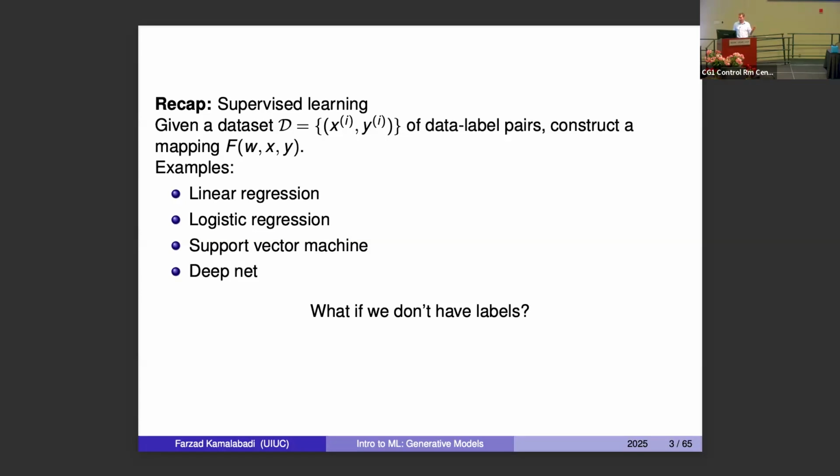Under the umbrella of supervised learning, we started with the most basic, which is linear regression. We changed the underlying probability distribution and developed logistic regression, initially binary logistic regression, and then binary support vector machine, and then we generalized both of those to multi-class logistic regression and multi-class support vector machines. And then we developed deep nets,